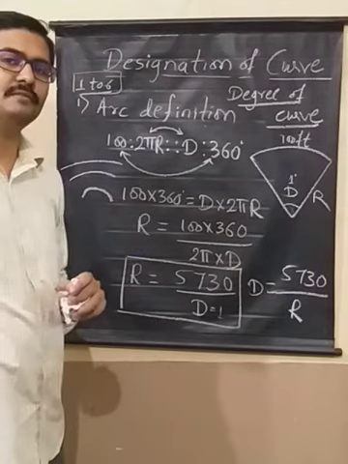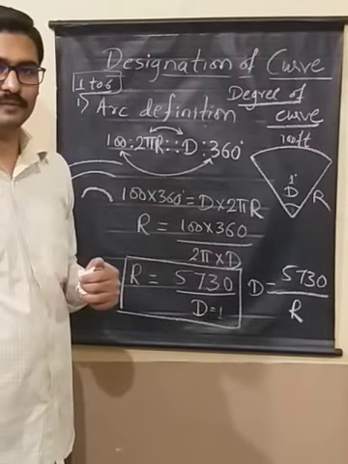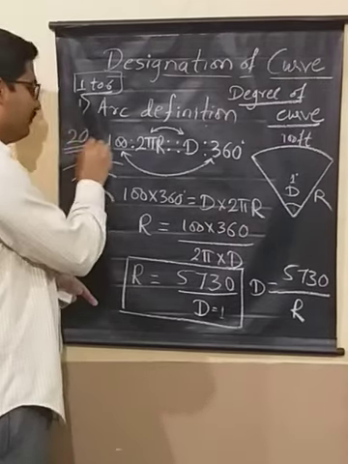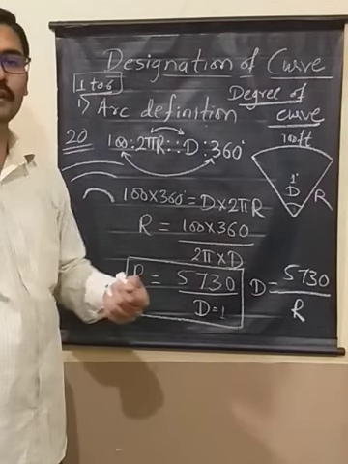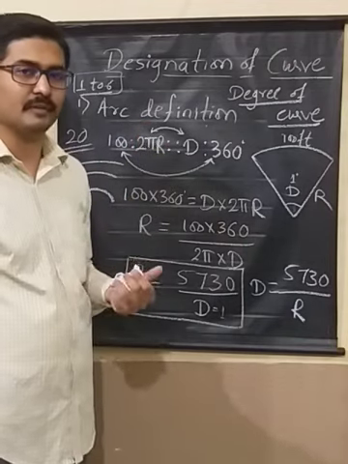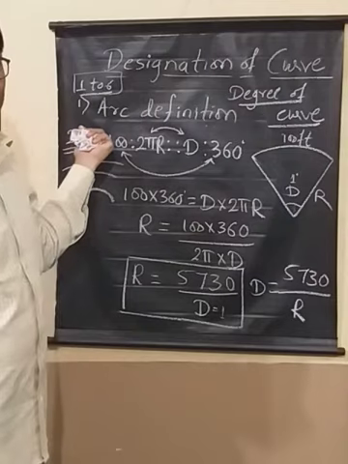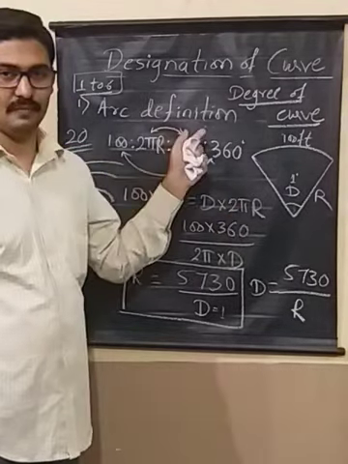So the less the degree of the curve, the more the comfort to travel on that particular road, isn't it? So in national highways, the degree of the curve will go up to 20. In roads it is possible to have a smaller radius curve, right? But in railways, smaller radius curves are not preferred, so that is why the degree of curve can go up to 20 in roads, right? So this is what the arc definition is, right?